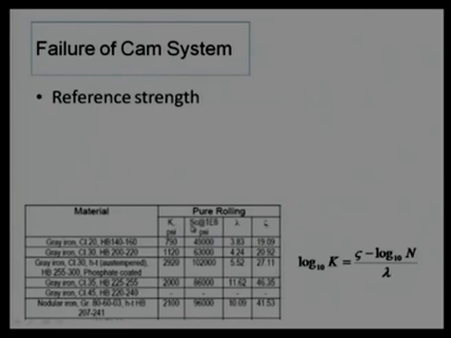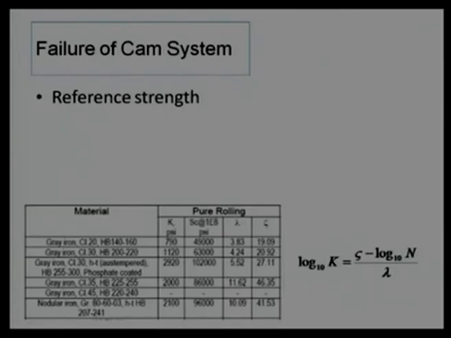K is a constant. SC is surface compressive strength, particularly for the number of cycles, as also mentioned, that is the 10⁸ cycles. This strength for the 10⁸ cycles is more like an endurance strength of metals, particularly in rolling fatigue phenomena. In this case it is the same thing, but instead of talking about endurance, we should talk only about the surface compressive strength, because it will continuously decrease with the number of cycles. If I increase the number of cycles to 10⁹, I am sure that this 49,000 will reduce to roughly around 40,000